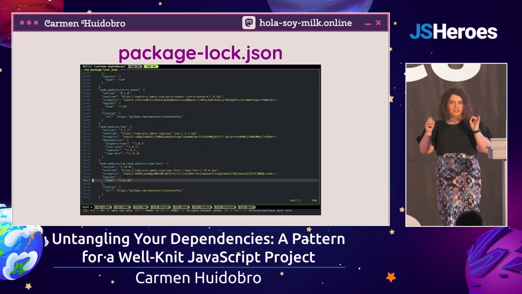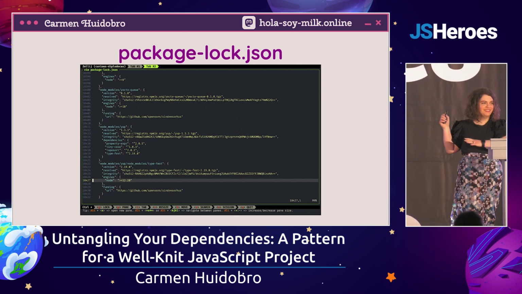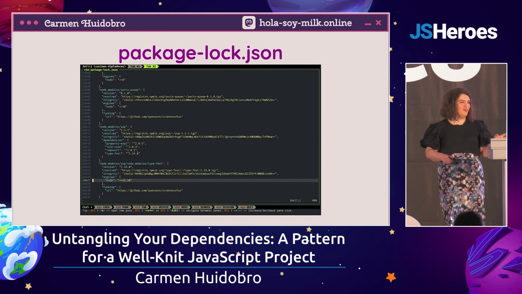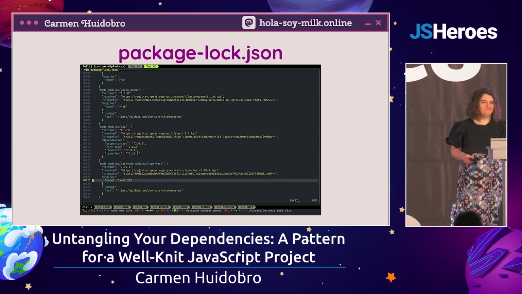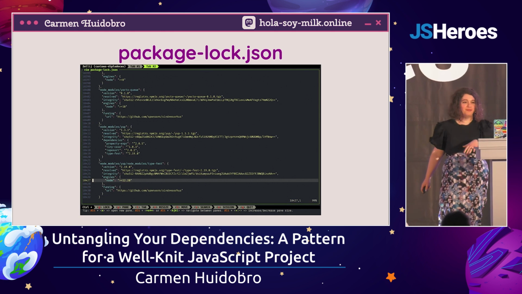And then there's a lock file. Has any of you ever been through the lock file or had a merge conflict with the lock file? I don't know about the rest of y'all, but when I get a merge conflict, I'm just like, yeah, I'll just delete it and start over. Not the best practice. I'm not going to recommend it. That's why it's not a slide.